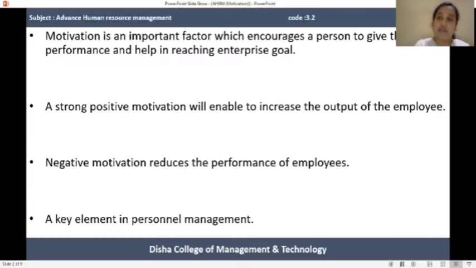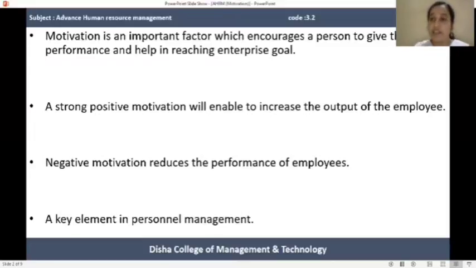And motivation is a very important element, a key element for human resource management, because the main intention of human resource management is to attract talented human resource towards the organization. After that, they train them, and they make suitable structure, suitable mechanism to retain them for a longer period of time. So how is it possible to retain the talented human resource for a longer period of time? With the help of the technique of motivation, it helps them to retain the talented human resource with them for a longer period of time. So motivation can be done in the form of reward.